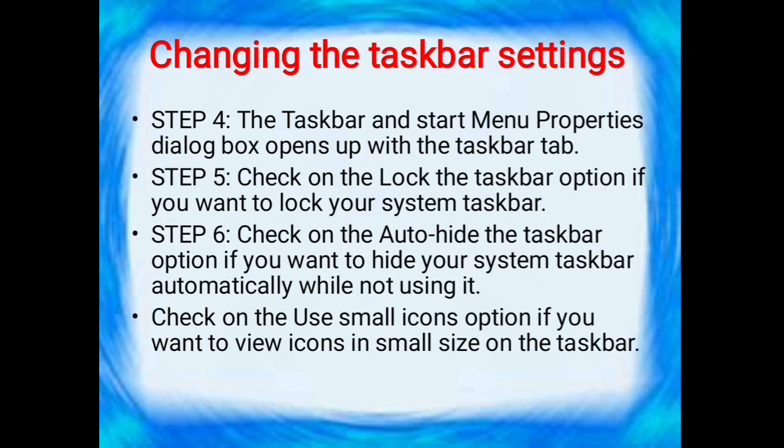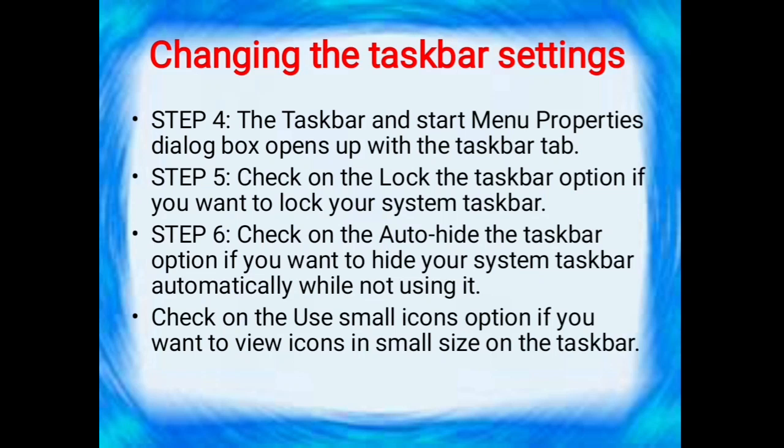When you open the taskbar options, you have three tabs on the top. One is the taskbar tab. The next one is the start menu tab. The next one is the toolbar tab. Now first you have to choose the taskbar tab.